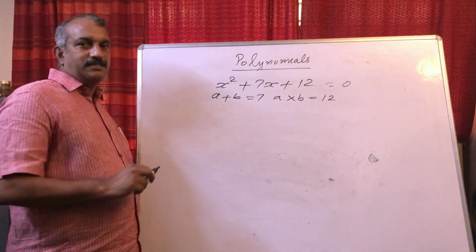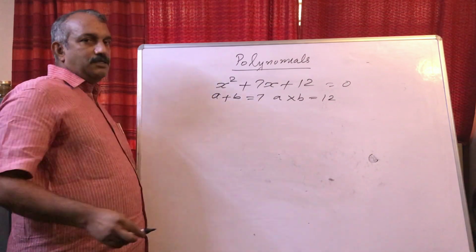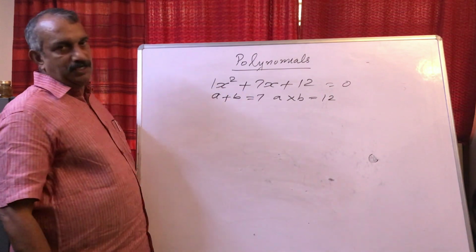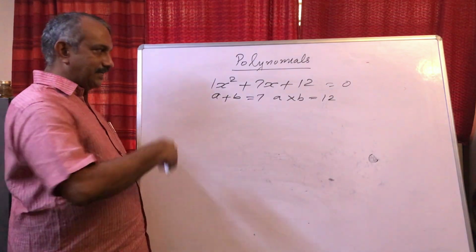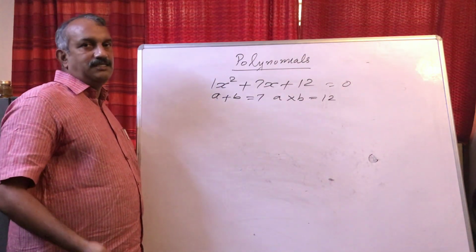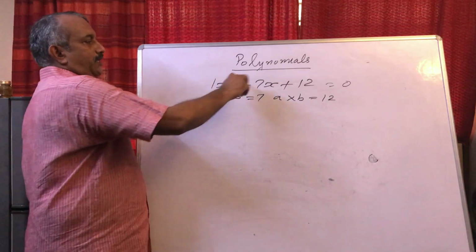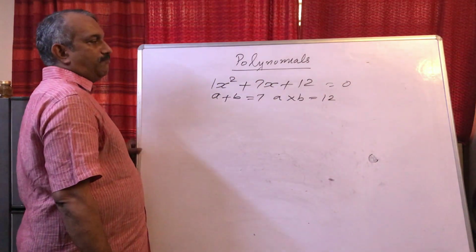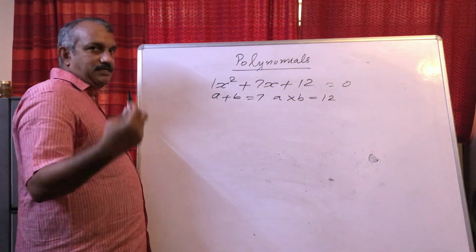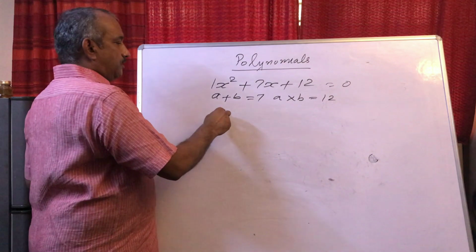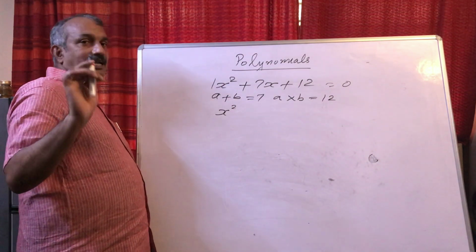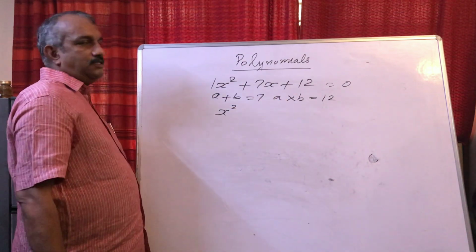You can show the factorization. I told you there are two cases. When the coefficient of square of the variable is 1, we can write the answer even directly. But if it is any other number, then you have to do factorization, then only you will get the answer. So x square plus 7x plus 12. Here I am going to do splitting the middle term. Otherwise you can write the answer directly also. You have learned in class 9 how to factorize these cases.